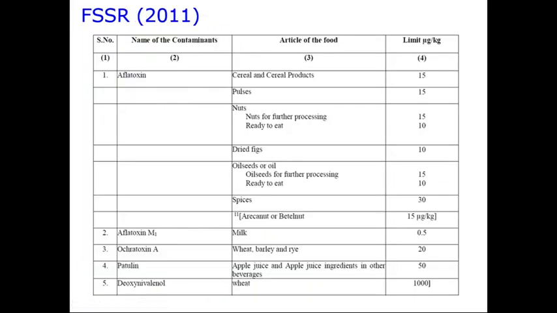So these are the FSSR limits. You see aflatoxin is regulated in cereals and cereal products, which should not exceed 15 micrograms; pulses, all nuts, and dried figs ready to eat, it is 10; dried figs, 10. If you look at spices, it is a little more. And see, the